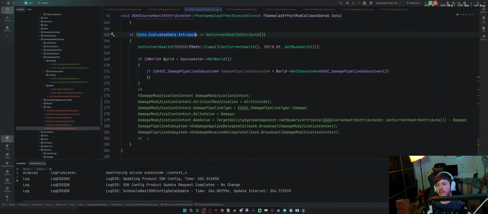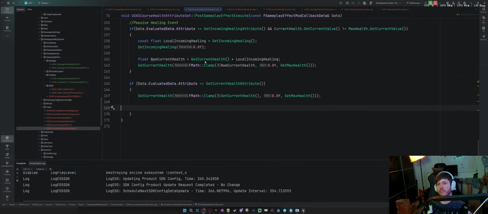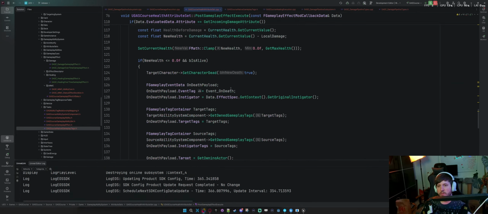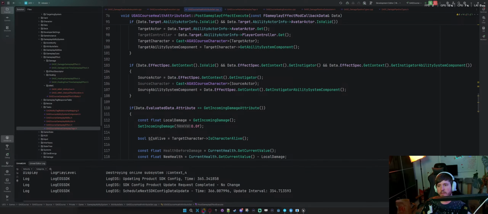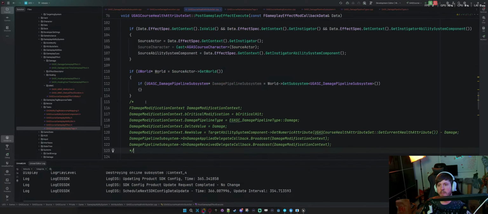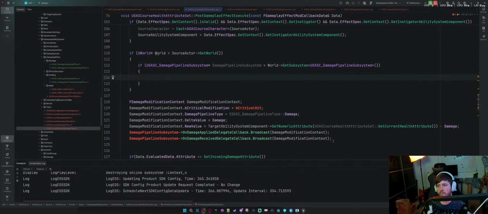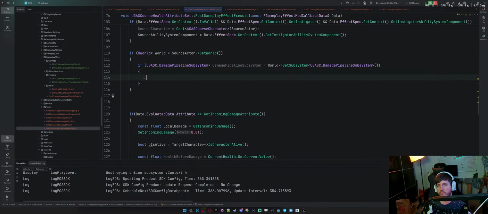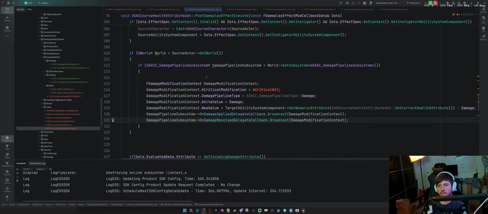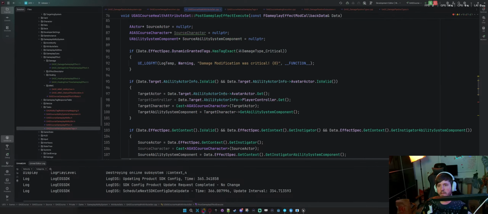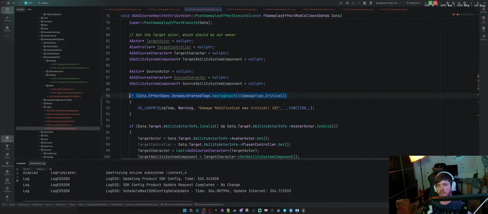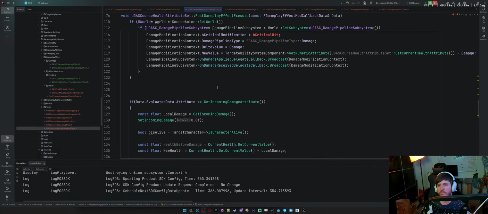So, yeah, maybe it's actually better to do it up here, where it's going to be constructed in a very similar way. And then, yeah, we grab it like this, so this is how we can get it. It's critical.